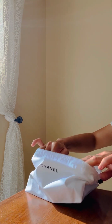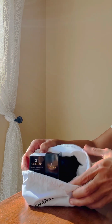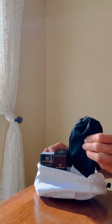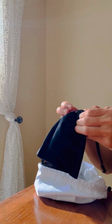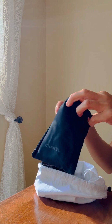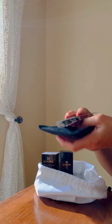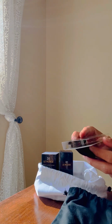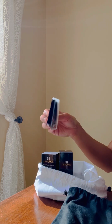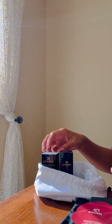And this is what I see. So what are these? And they give me another pouch. I never get another pouch for samples. But finally got one with the samples. Yay, not so much samples. I love these pouches. I can put keys and stuff in there. Anyways,